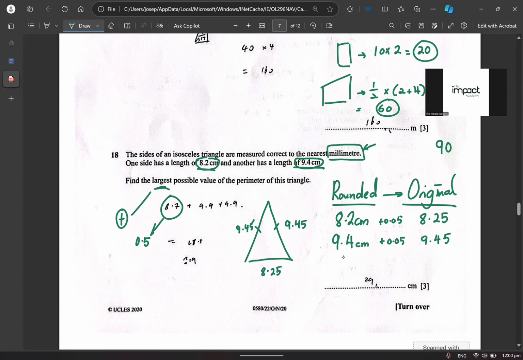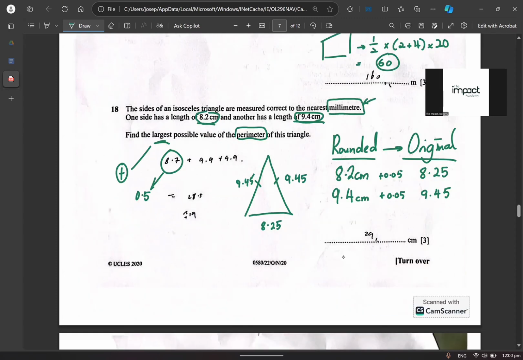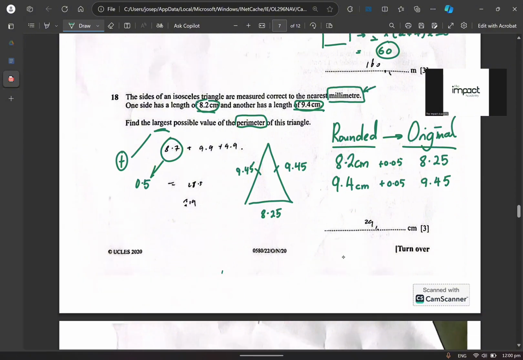Then how do you find, the question says they want you to find the perimeter, correct or not? Perimeter means everything outside. Okay, true? All right, so 9.45 plus 9.45 plus 8.25. Very good. Okay, so what do you get from here? When you add them up together, you get an answer of 27.15,